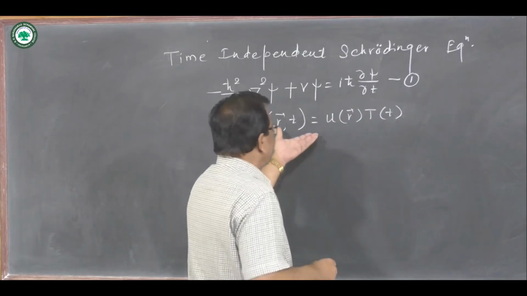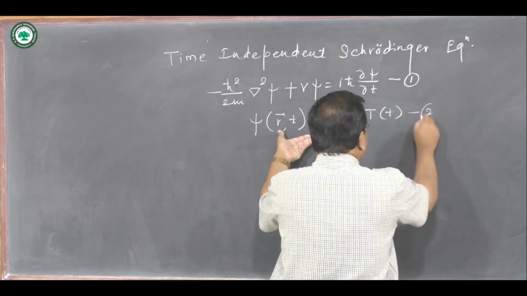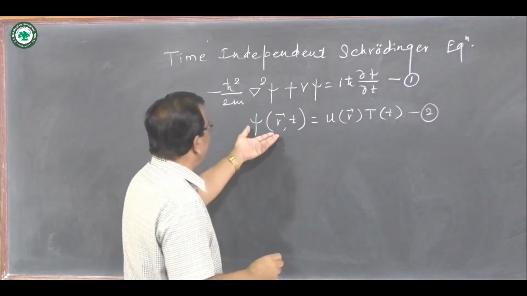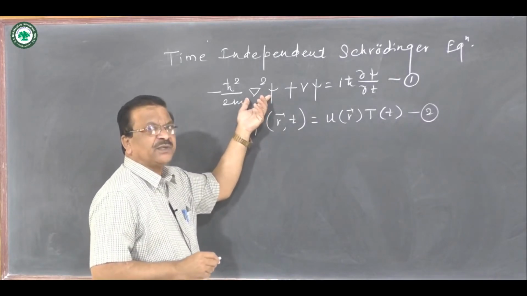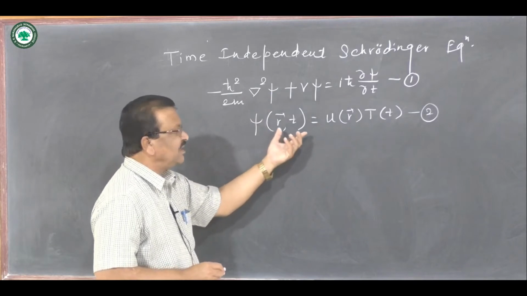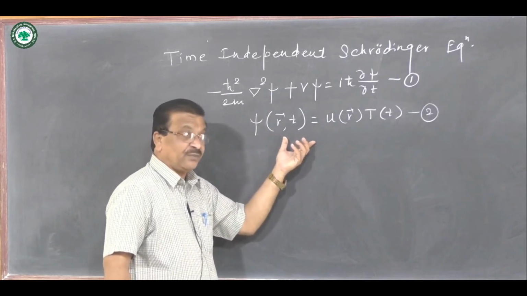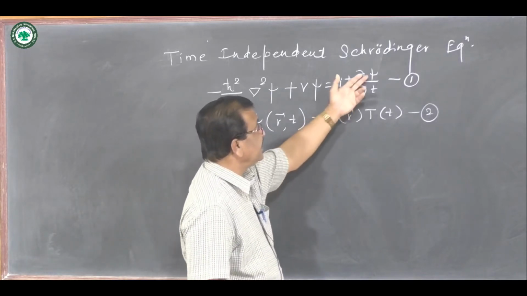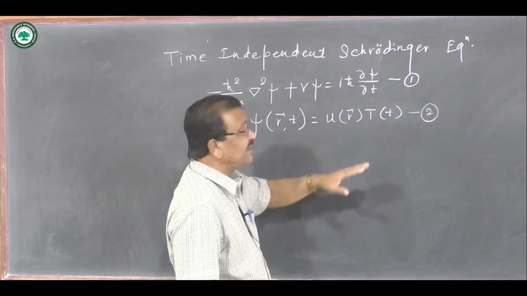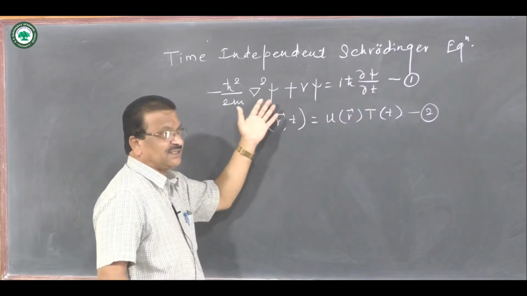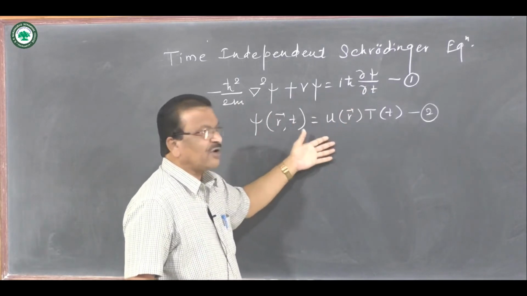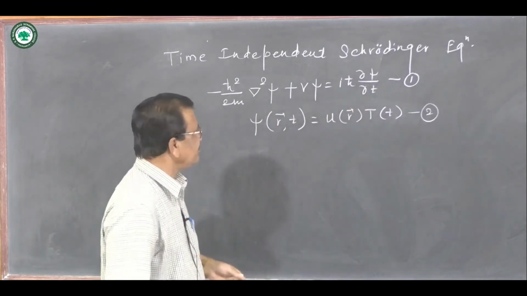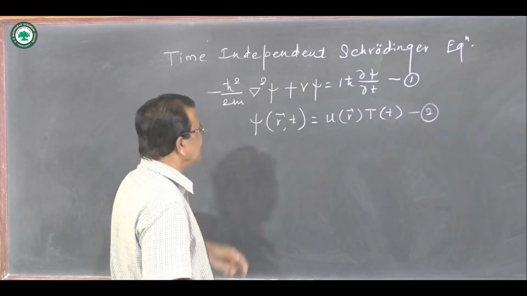And then by assuming this solution, what I am going to do is replace del square psi and the partial derivative of psi with respect to t in the equation. So somehow I have to obtain an expression for del square psi from this assumed solution in product form, and an expression for dabba psi by dabba t, and I will replace those quantities in this equation. So how to obtain del square psi?